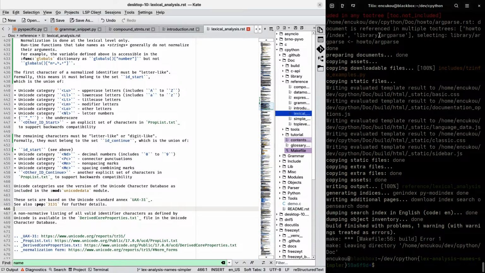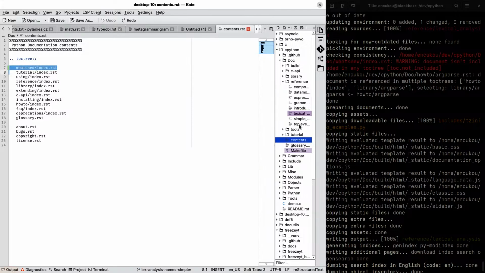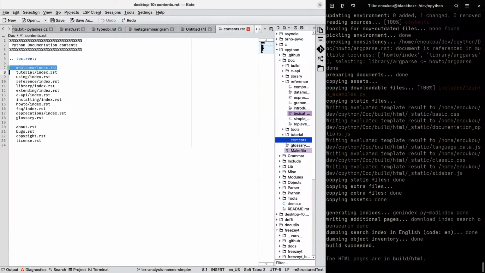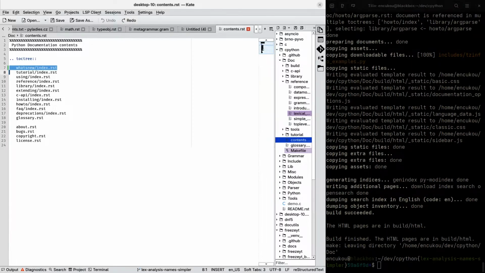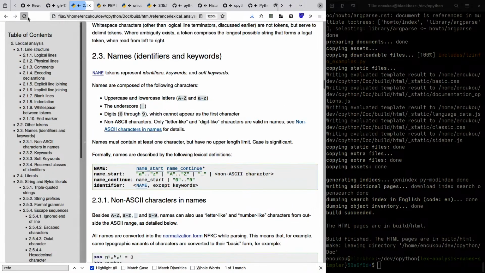Oh, there's a warning. Oh, I removed the what's new from contents. I don't want to do that now. Right, so let's see how that renders. So this is informal.